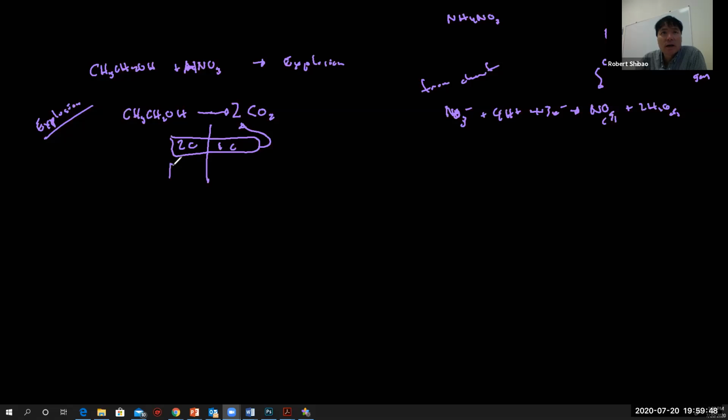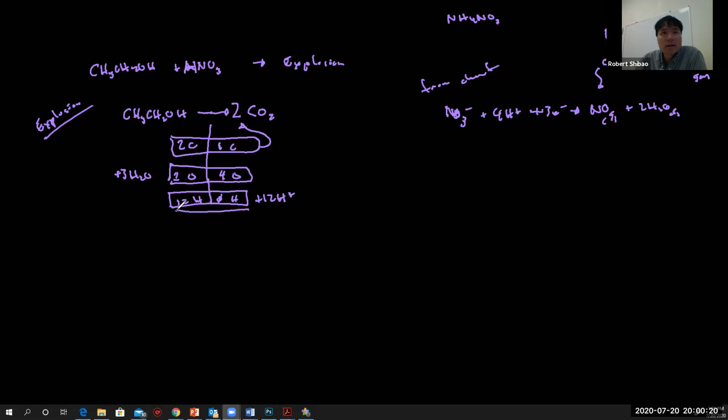And then we balance out the oxygens. We have 1 oxygen over here, and then 4 oxygens here. And so again, we balance by adding water. So we're going to add 3 waters over here, like that. And then we balance the hydrogens. So we sum up all the hydrogens. 3 plus 2 plus 1 is 6, plus 6 is 12 hydrogens on the left. And then over here I have 0 hydrogens on the right, so I need to add 12 H plus.